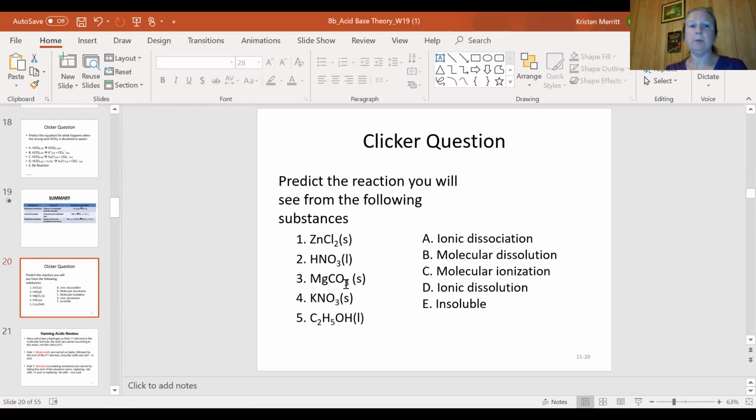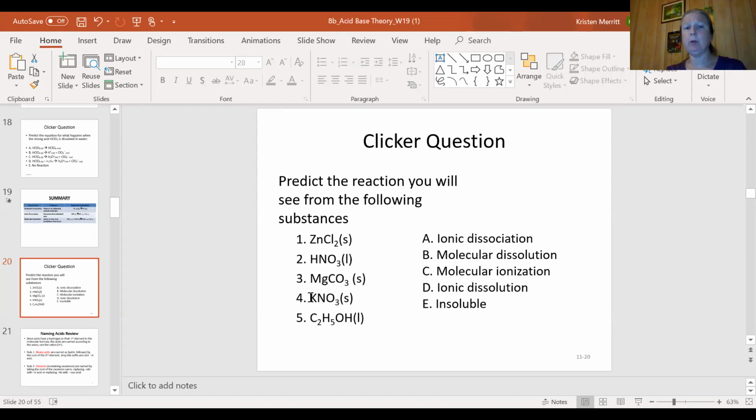And then potassium nitrate, I don't even have to look that up because everything with potassium is soluble. Now, let's remind you, this is an ionic compound, right? Zinc is a metal, chloride is a nonmetal. Magnesium is a metal ion, carbonate is a polyatomic ion, so that's an ion with an ion. Potassium with nitrate is a polyatomic ion, so